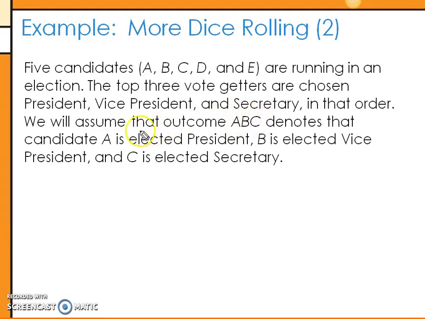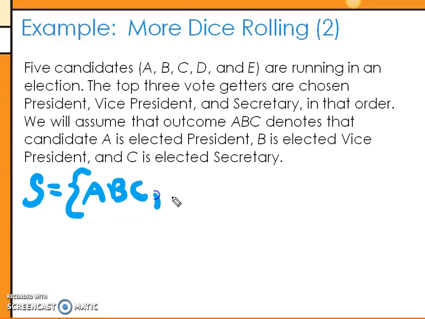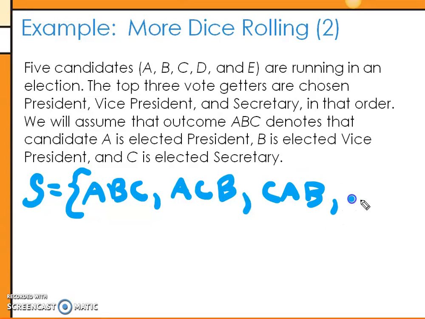So say A, B, C, it means A is the president. If I took these same letters like B, A, C, that would change it because that would mean B is the president. Okay, so if I want to think about the sample space for this, and I can tell already this is probably kind of a long one, so maybe we don't want to write them all out, but we get the idea that this is a possible outcome. I could have A, C, B, because notice that switches who's vice president and secretary. I could have C, A, B. Eventually I could get down to ones that don't even have A, B, and C, maybe C, D, and E or something at the very end. Or I could have E, D, and C.